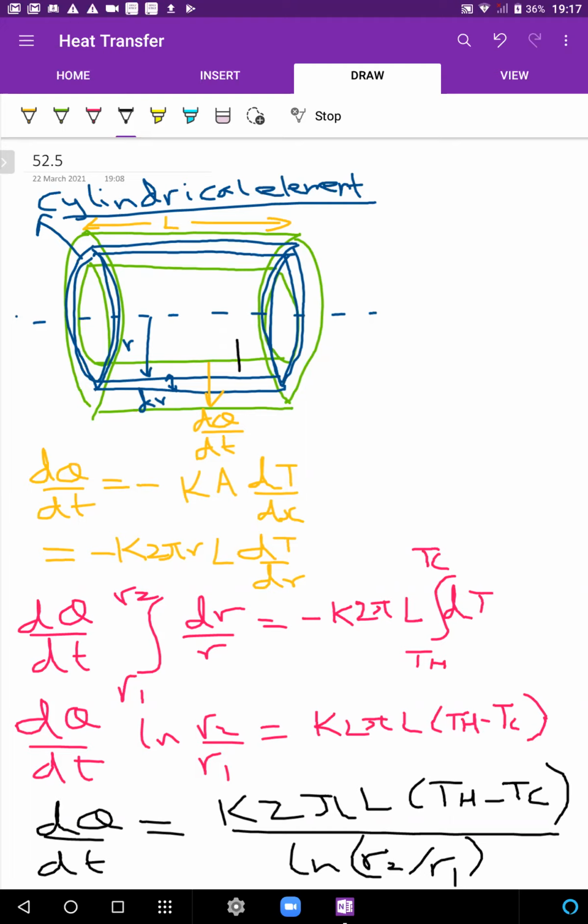As you move outwards, your area is actually changing. The area this heat flow encounters, heat current encounters, was smaller initially, and then gradually it becomes bigger and bigger as you move out. तो इस फॉर्मूला में एक यूनिक एरिया नहीं था सब्स्टिट्यूट करने के लिए, इसलिए एक छोटा एलिमेंट लिया. छोटा एलिमेंट के लिए एरिया लगभग कांस्टेंट था, तो वो सब्स्टिट्यूट किया, एंड उससे हमने आगे बात बढ़ाया.